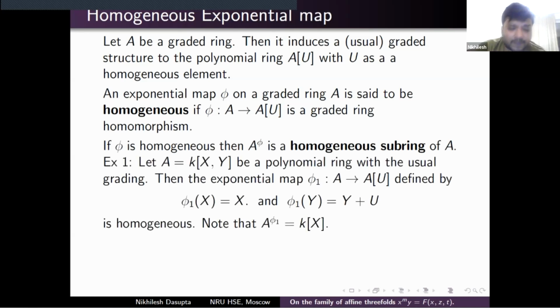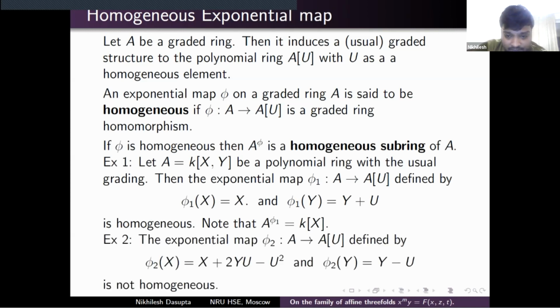So let's give one example. You take K[x,y] and phi_1 to be an exponential map. phi_1(x) is x, which means the partial derivative with respect to y. This is homogeneous. It sends homogeneous elements to homogeneous elements, and A^phi_1 is K[x]. However, if I take this exponential map, A to A[U], phi_2(x) is x plus 2yU minus U squared, and phi_2(y) is y minus